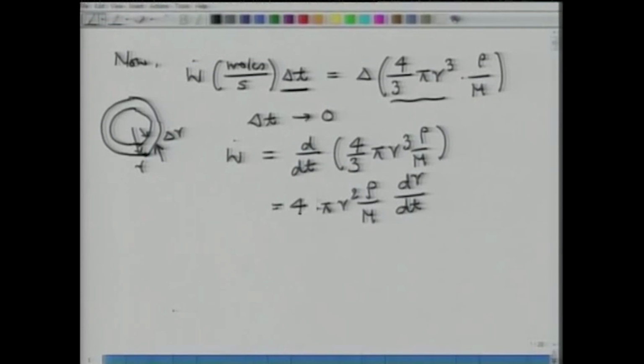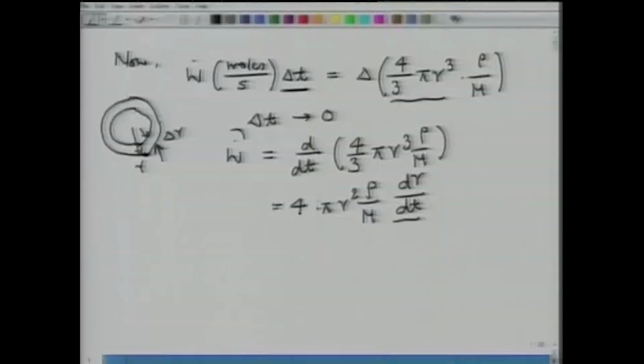So we have the rate of change of radius of this naphthalene ball equated with W dot, the rate at which the naphthalene diffuses over the length R to infinity. Already we have obtained this expression for W dot, the diffusion flux in moles per second or kg per second, in our previous lecture, on the previous slide. So if we just substitute